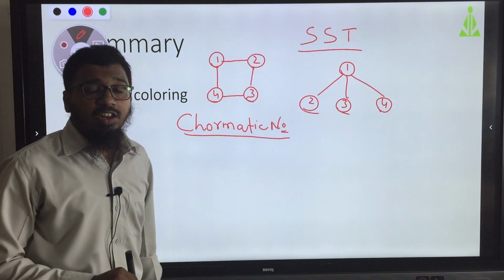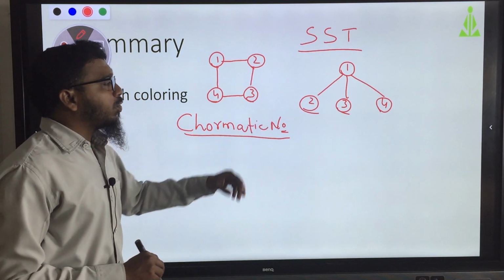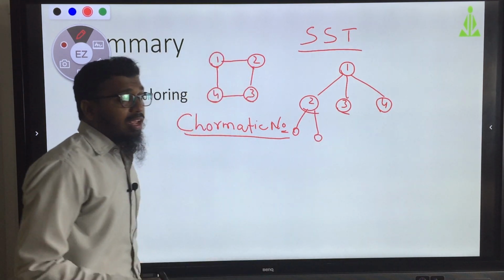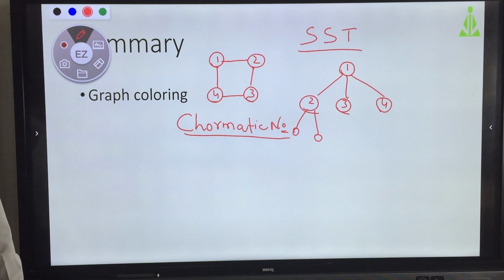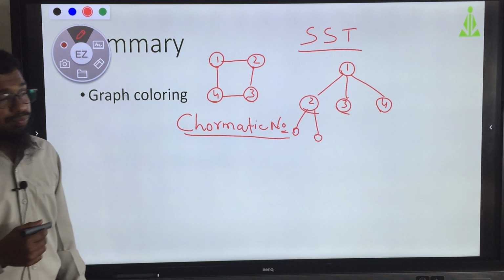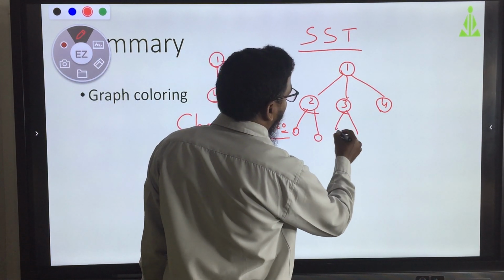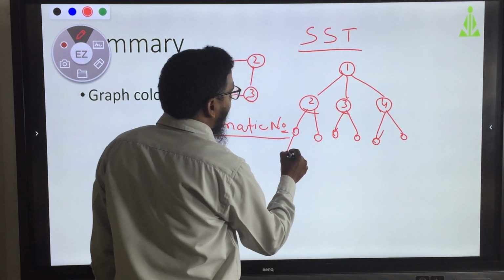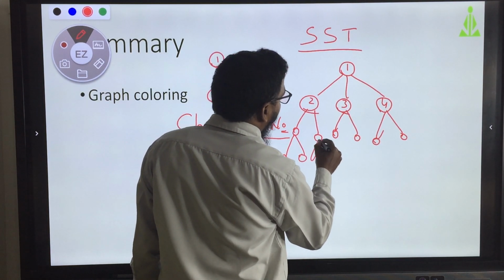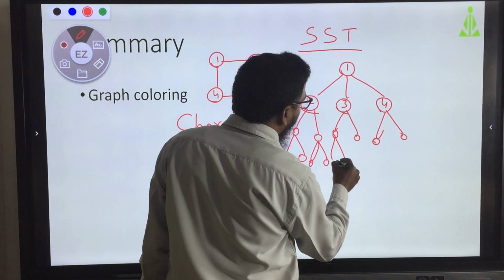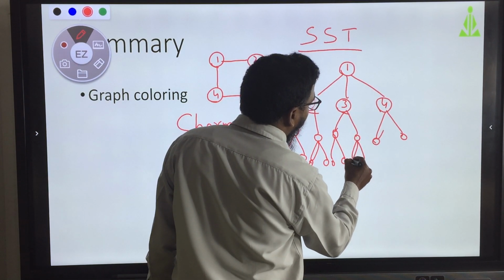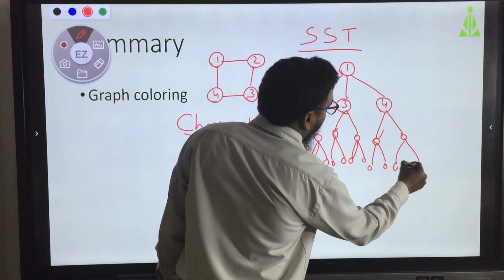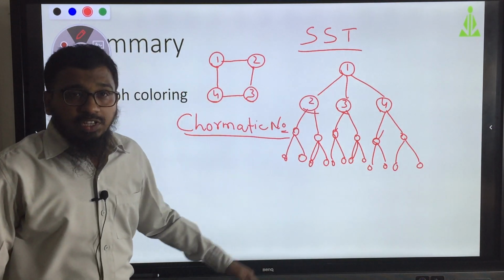What kind of colors can I give here? Likewise, for 3, how many colors can I give? For 4, how many colors can I give? Like this, it will increase, and whichever is not satisfying the condition, at that time it will come back. This is like a state space tree.